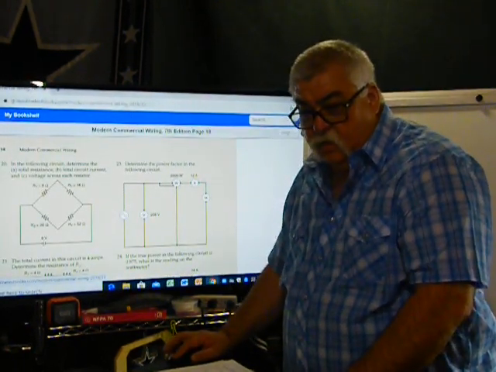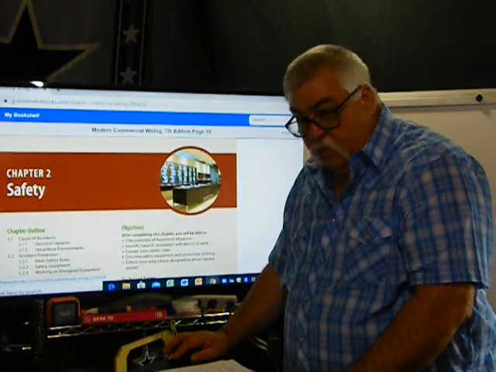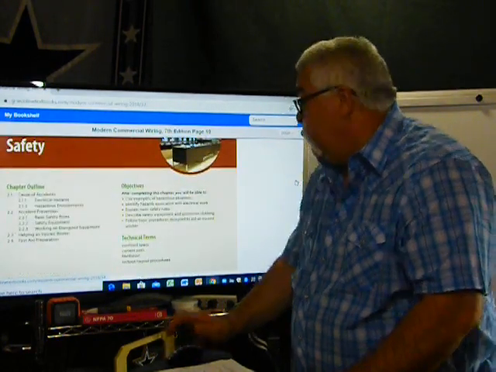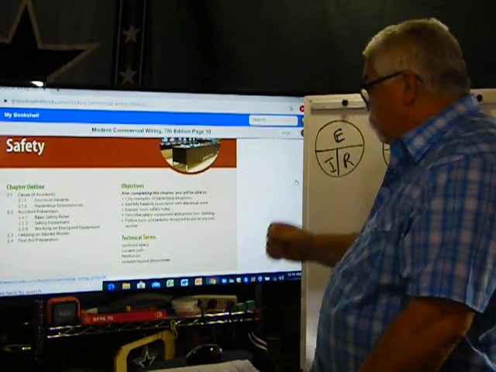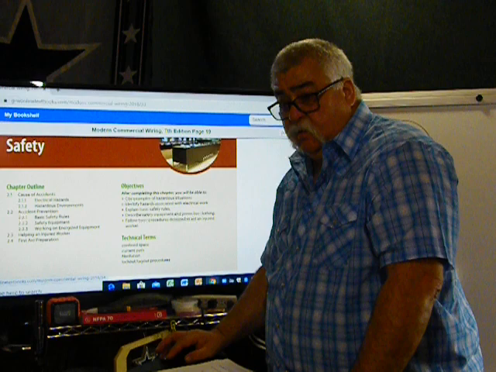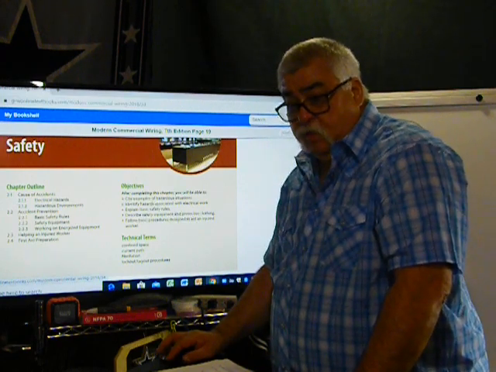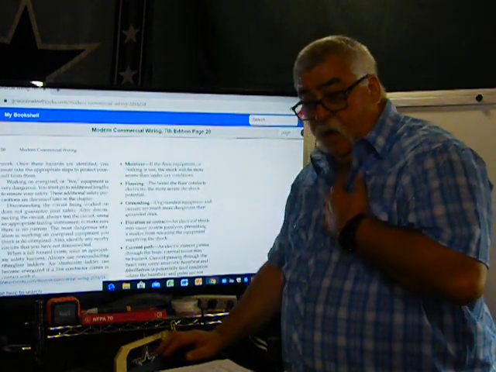Next is a few safety things. It says completing the hazards. So always remember when you're working on energized parts, as an electrician, you know me, because I